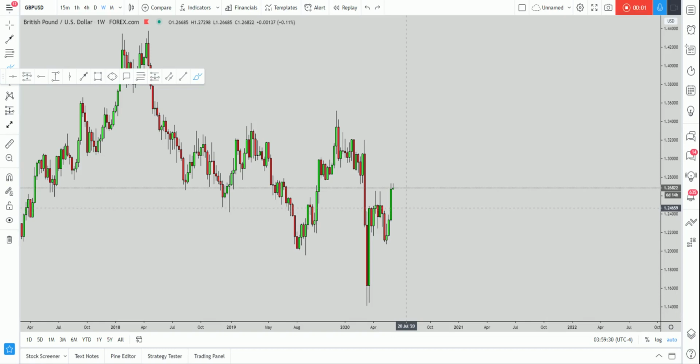Okay, so what kind of situation do we currently have from a GBP USD perspective? Now, on the weekly time frame, clearly we have a situation in which the market has created a strong impulse, followed by a retracement. The market tried to make a continuation to the downside, and then it broke the structure back to the upside. And currently, we have a market which is retesting a very important structure level, which is